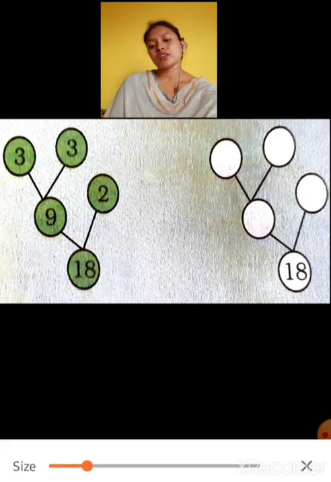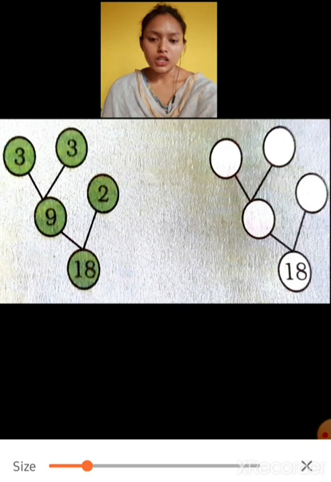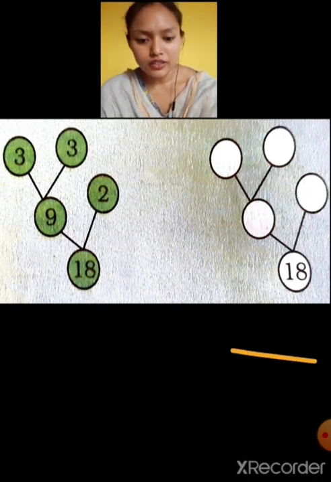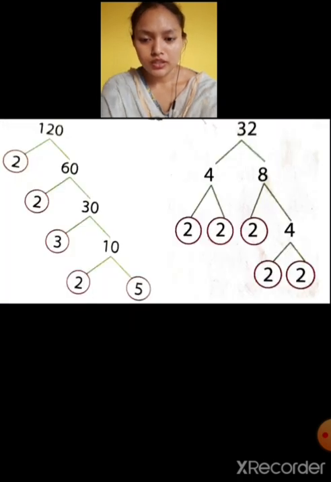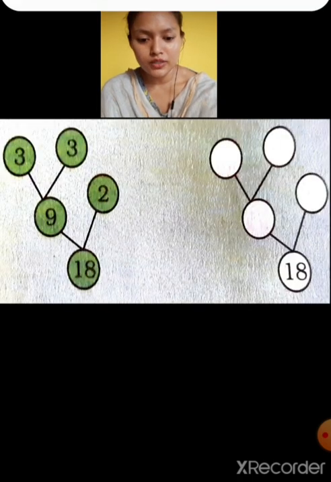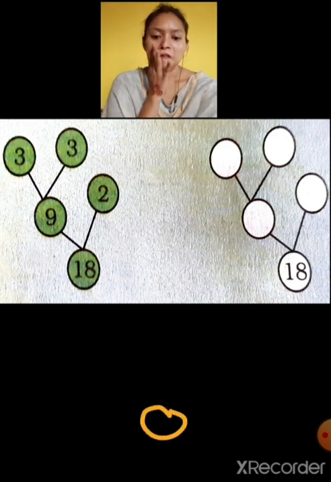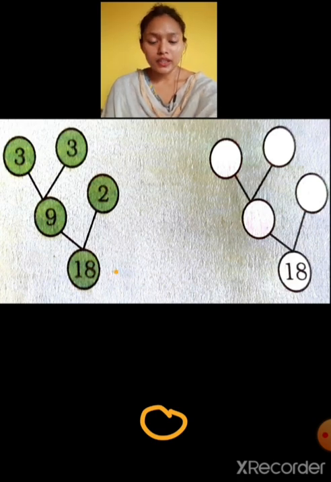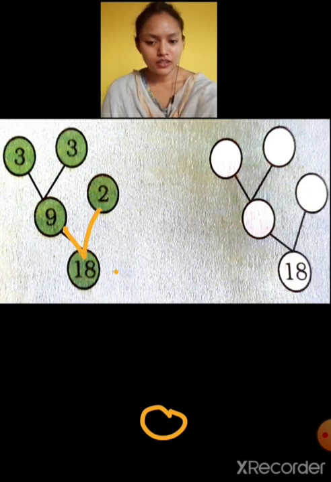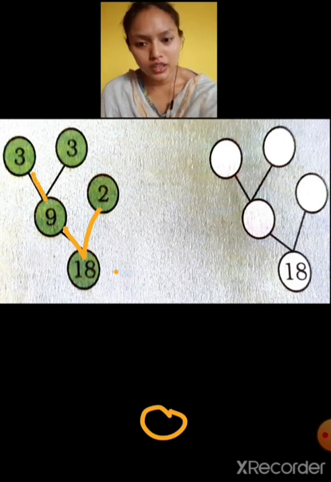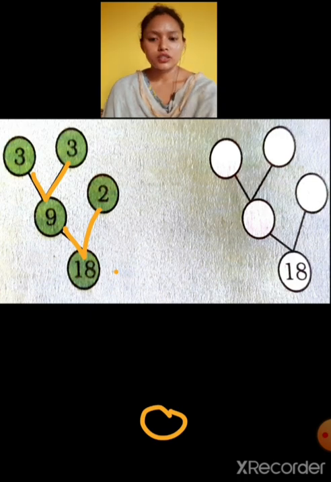So this is from your book. Now we have seen both factor trees are same, don't get confused. This one and this one are same. One is beginning from here and the other from there, so it doesn't matter. Now 18 is there, so 18 is 2 and 9, 2 9s is 18. Now 2 cannot be further extended, so we will take 9. So what is 9? 3 3s are 9, so 3 and 3. So this is a factor tree.